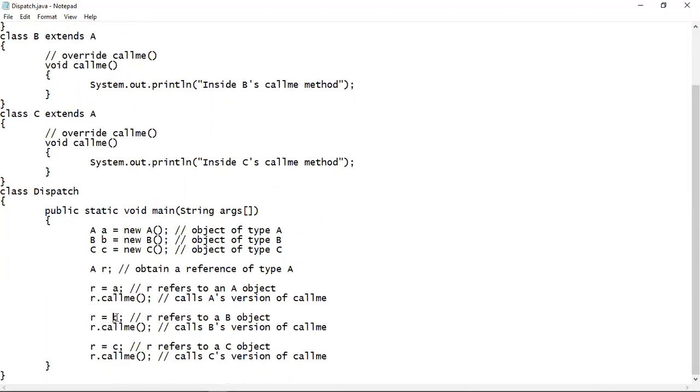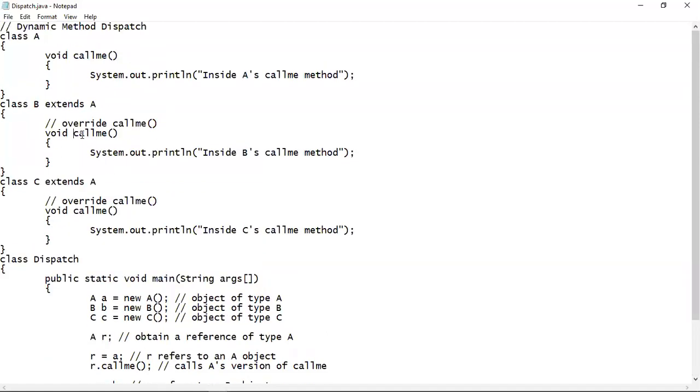Now we are assigning B, this object, into this R reference variable. B is the subclass B's object and R is the reference variable of the superclass, and we know that a superclass reference variable can easily hold a subclass object. So B can easily be assigned into R. In this case, R will now point to B, or R will now behave as B. So whenever we access the callme method using R, it will call B's version of callme, that means this callme method. So this method call will give you this as the second output.